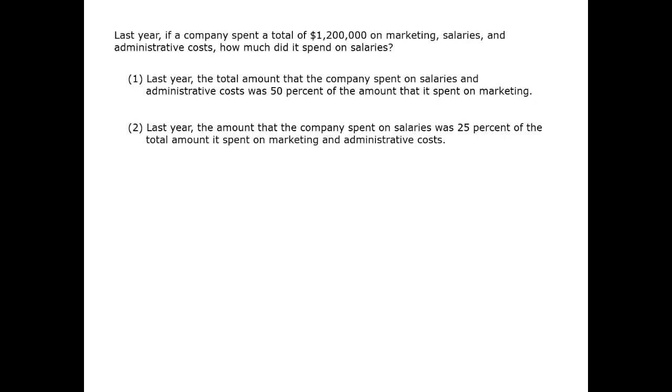In this question, having read the prompt, we can write the algebraic equation m plus s plus a equals 1200. We need to find s, the amount spent on salaries. We could do this by getting two more independent equations involving these variables to satisfy the n variables, n equations